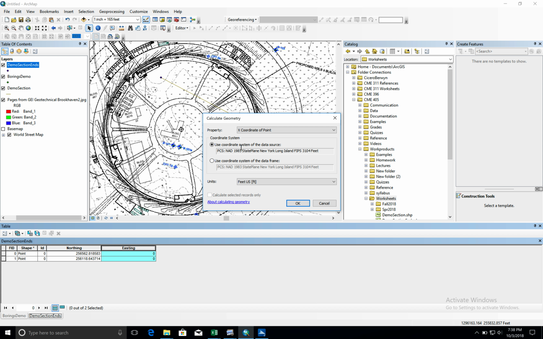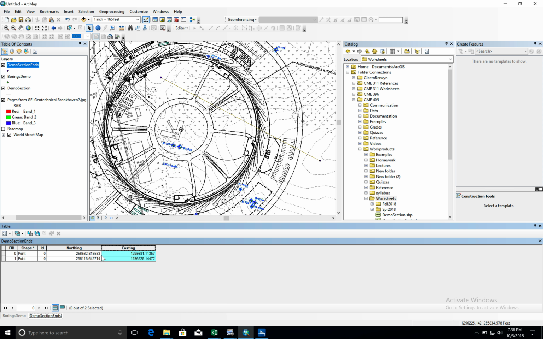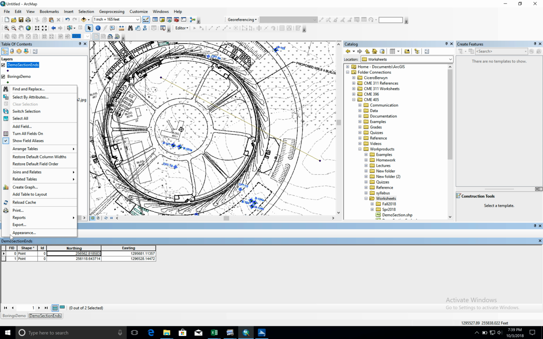Calculate the geometry. In this case, the easting is the x, which is correct. I'm going to use that state plane coordinate system once again in feet. Click OK. Now we've got those points. Now I can export those, or I can just copy and paste them directly. So just for repetition, I am going to export